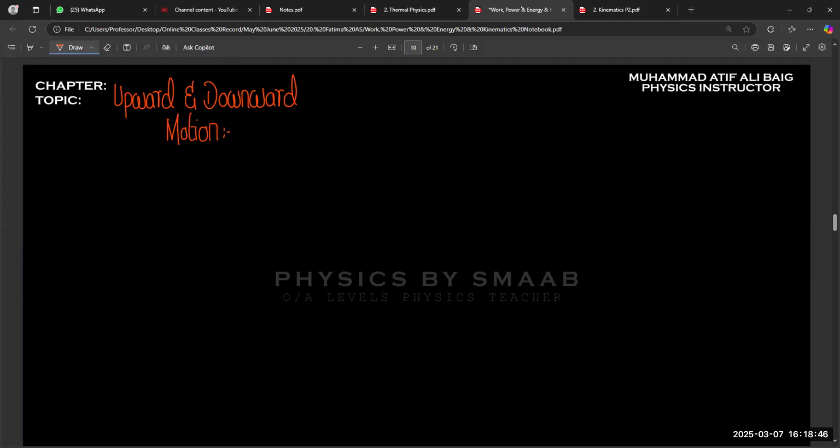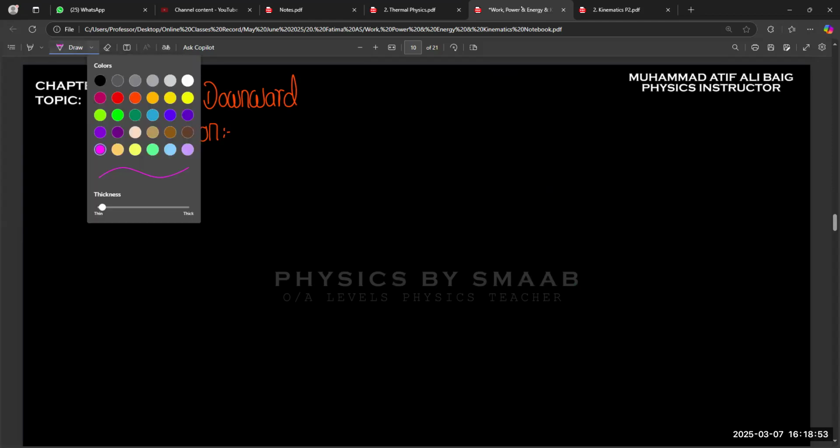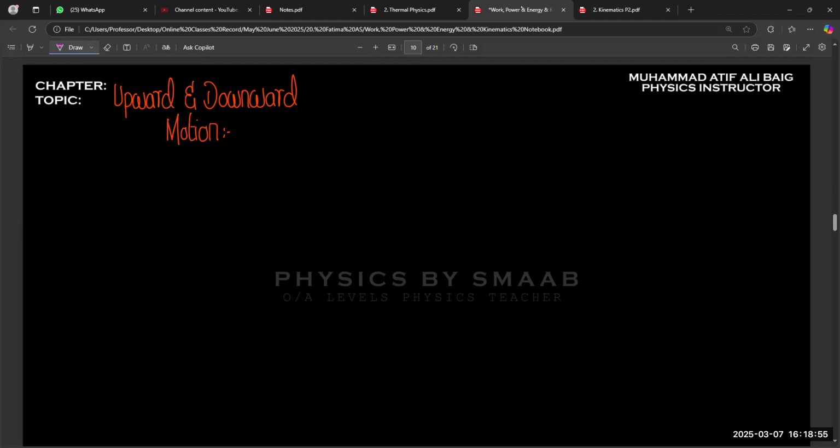So basically in upward and downward motion, when we throw a ball in an upward direction, let's suppose it is moving in a vertical upward direction because there is no air resistance. So we always talk about the motion of a body without air resistance. So let's suppose the ball is moving straight in a vertical upward direction. Definitely initially we throw with some force or with some energy, so we have an initial velocity given.